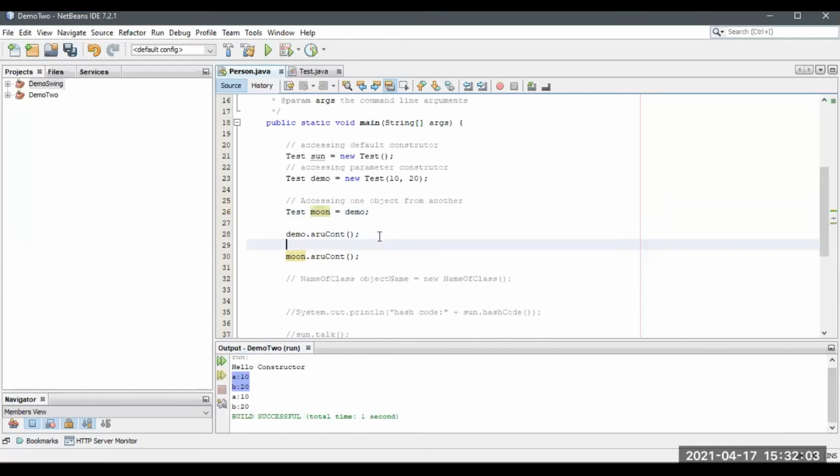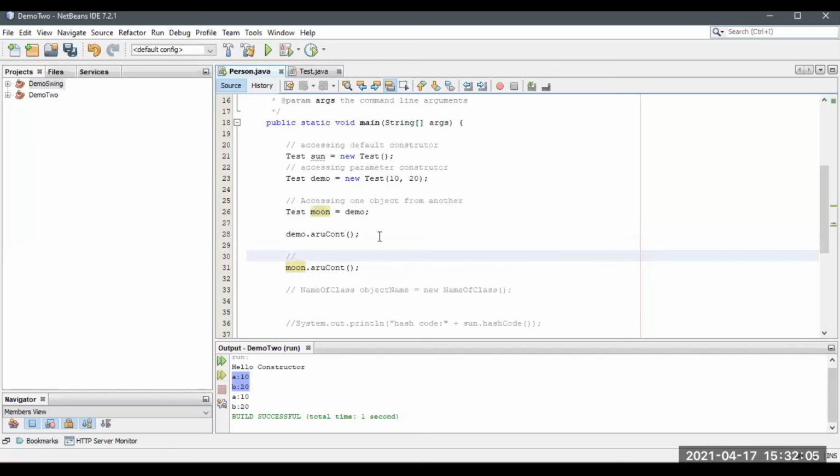Okay, let me declare system dot out dot pr. This is for, if required, just note it down.